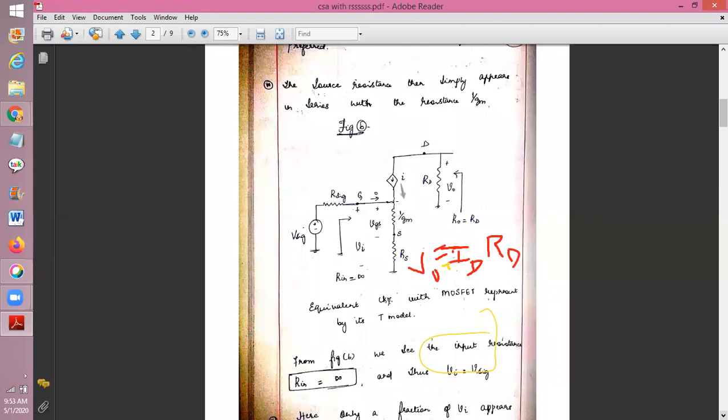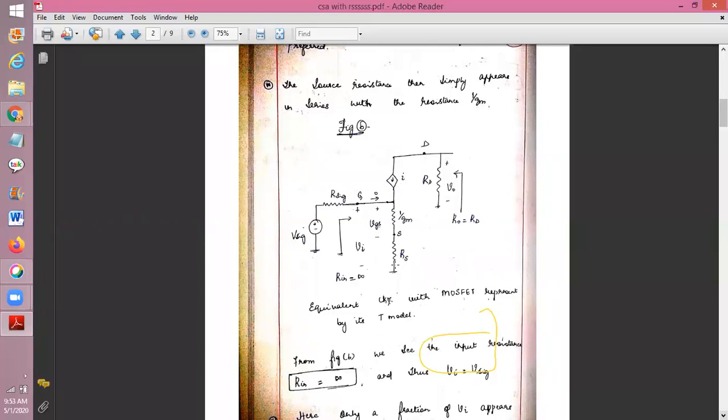which is the incoming current? Prajwal, what are the incoming currents at point A? At point A, I is the incoming current. 0 is also the incoming current. So I plus 0 is I. This is the incoming current. Which is the outgoing current? The current flowing through 1 by Gm plus Rs. So this current also I will consider as I. Whatever the current that is flowing, ID here, I am representing by means of I. So the same current will flow here.